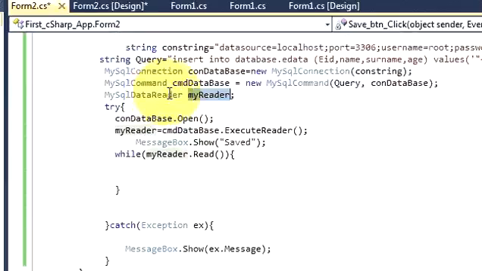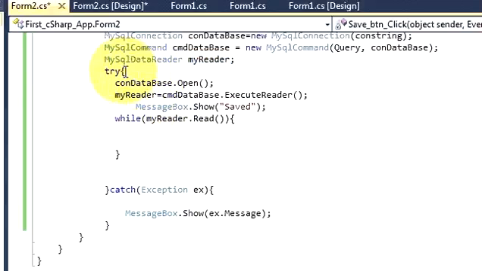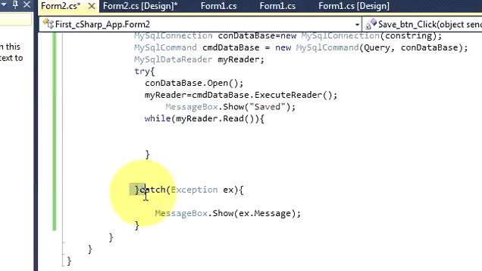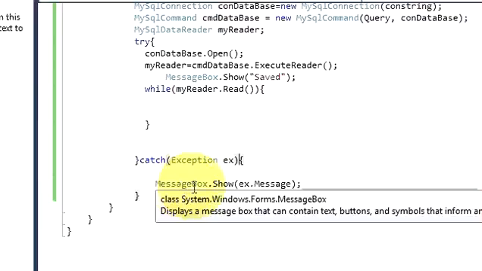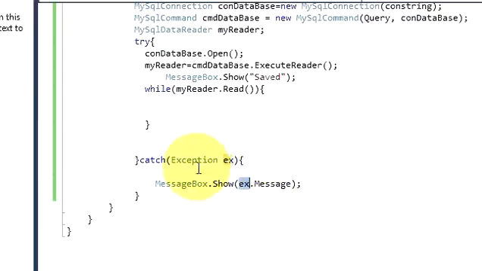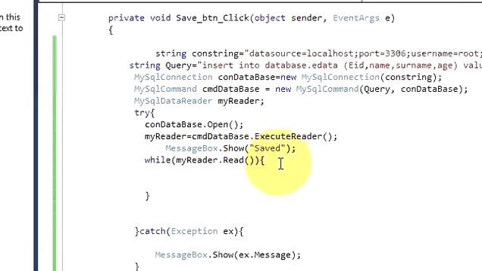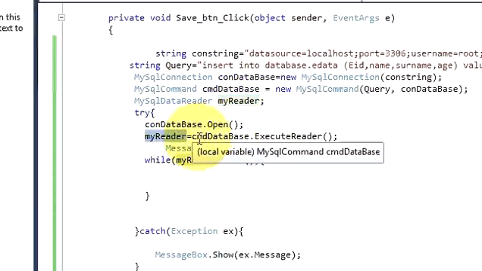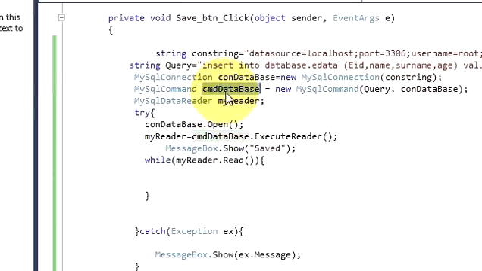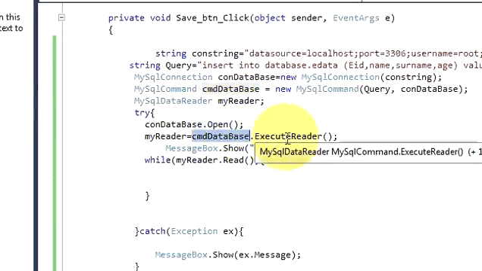So if some exceptions are there in our connection, then it will catch the error. So write try bracket and here bracket close, catch exception ex, and in the bracket of catch write message.show ex.message, which is this ex.message, and here in the try block write this code. So copy your MySQL command variable.open bracket and bracket closed, then copy this MySQL data reader variable is equal to command database variable, copy this.execute reader,